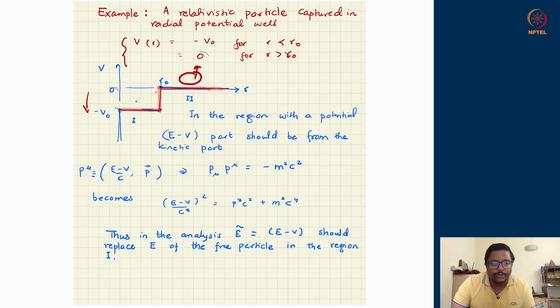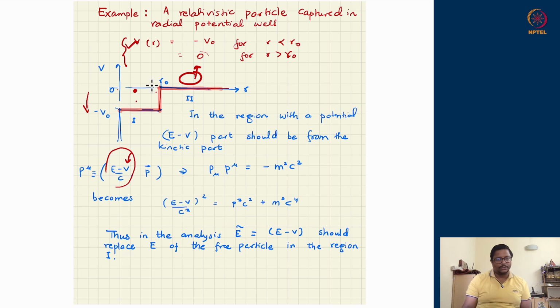So if I go to regime 1 first, the total energy of the particle will be increased to E plus V naught. It becomes a constant shift added to the energy equation. Therefore, the free energy of the particle, or the P0 part of the momenta, should be treated as E minus V. It so happens that V is already negative, minus V naught, so it will ultimately become E plus V naught upon C. So it is almost like a free particle in this regime with extra energy supplied to it through a negative potential. Its zeroth component of momenta will become E plus V naught or equivalently E minus V.